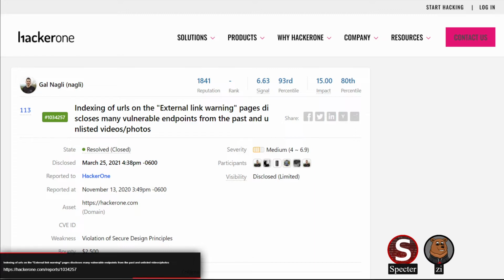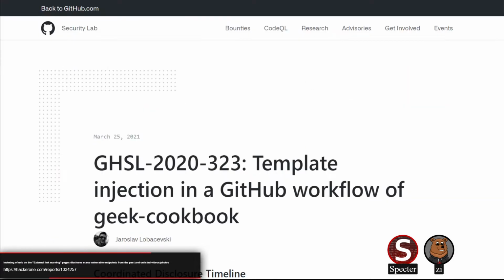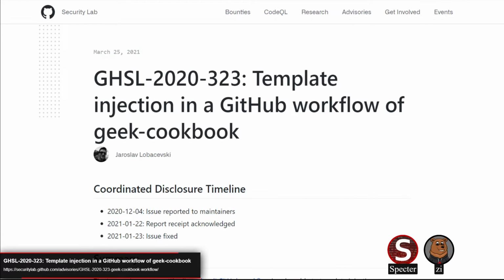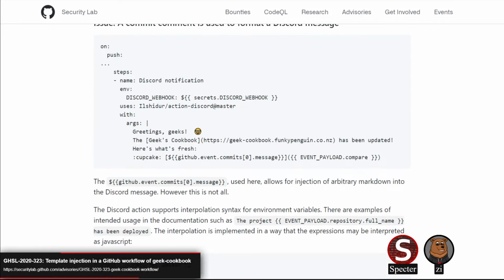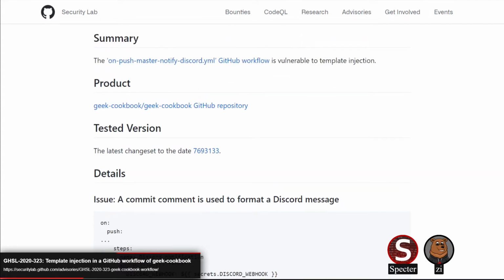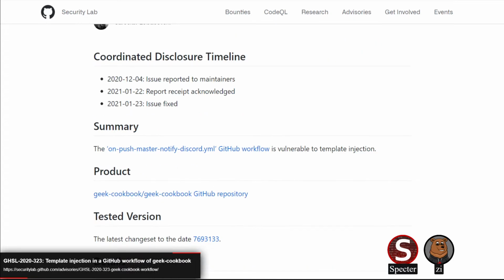All right, so I mentioned earlier that we had an issue that affected GitHub workflows and could allow takeover of repositories. So we'll jump into that now. We have a few posts out of GitHub Security Lab. This is our first one, which is in a GitHub Actions workflow for geek-cookbook, which is basically a collection of recipes to run a private cloud, which you can use to host private instances of popular services like Plex Media Server, GitLab, stuff like that, right?